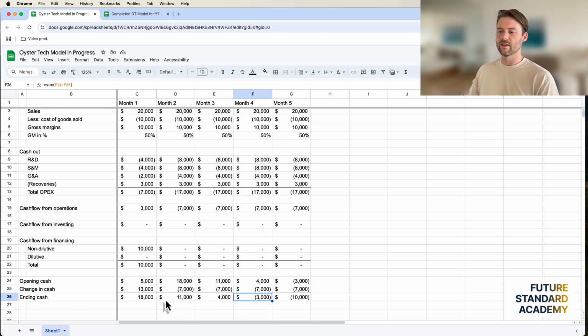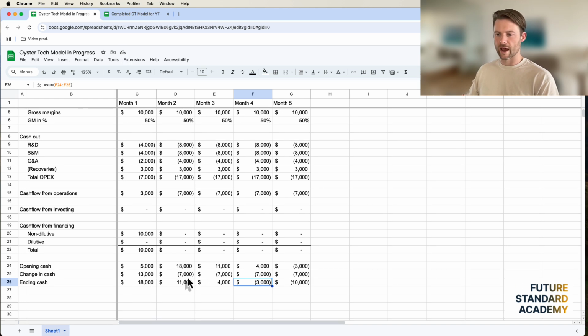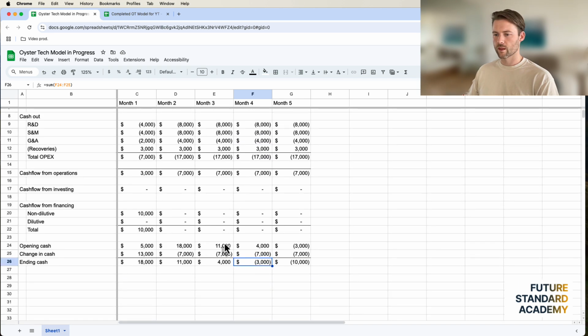So that's how you read the impact of what's happening at the ending cash balance level, and that's going to tell you, well, we got 3 months. That's the runway. That's what we need to think about when we're going out and fundraising. And it's also going to tell you, once we have enough rows here, how much you're going to need to raise in this next dilutive round. Maybe it's 500,000 right now, or now we're good for a while. But that's the gist of it.